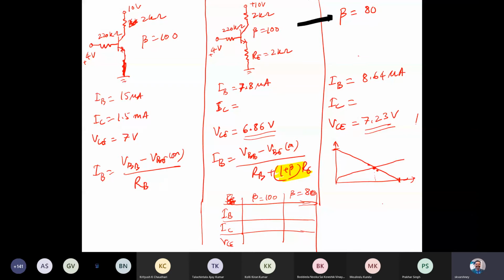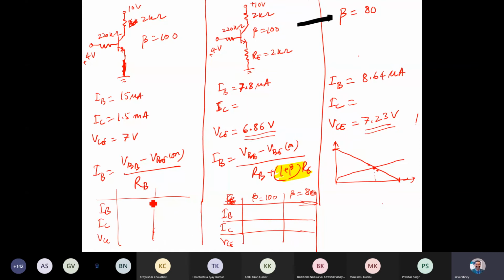Thus we have taken only one RE right now, and in your experiment actually there's RE1 and RE2, and then we bypass with a capacitor for AC gain stability. I think we'll understand that when we do the amplification part or small signal analysis part for the BJT. Right now I'm doing only the DC analysis part. So same way you can fill up this table, and if we compare for this circuit, let's say the IB and IC, only 3 parameters, just do it for BC.